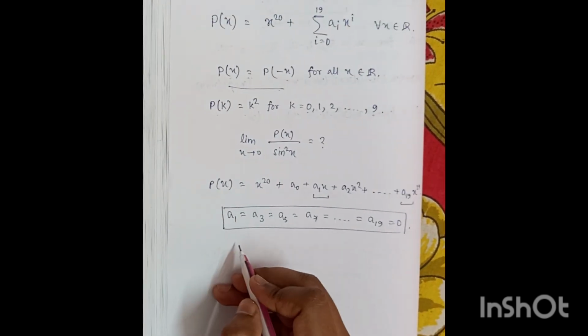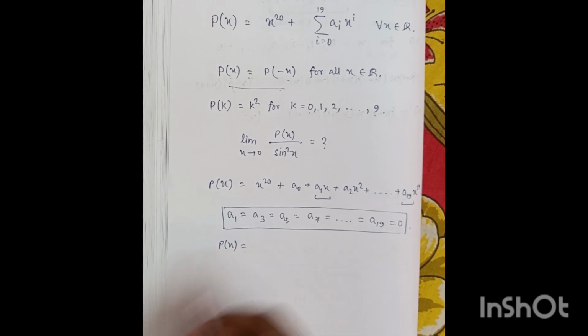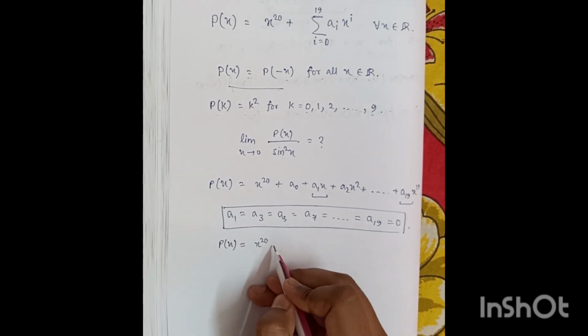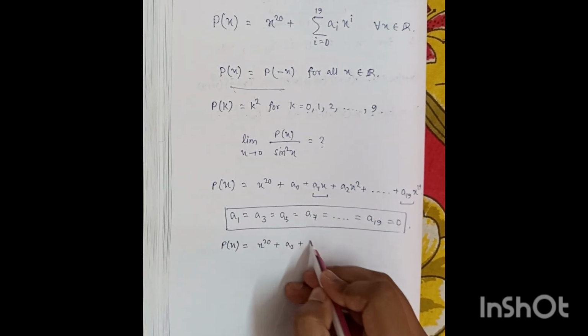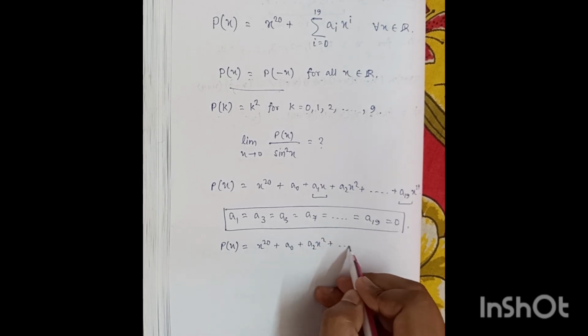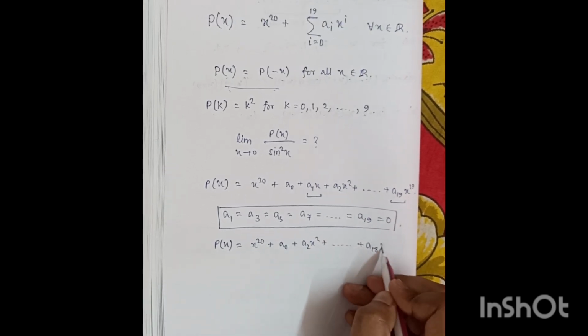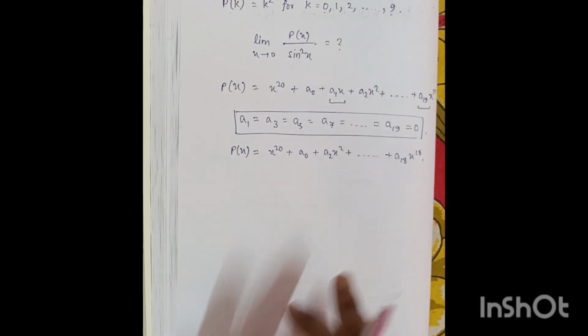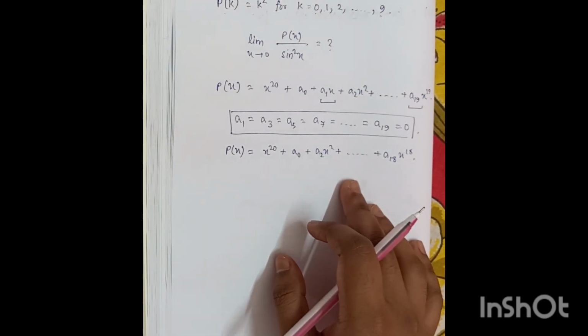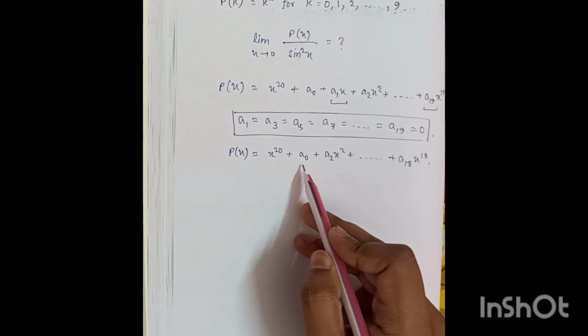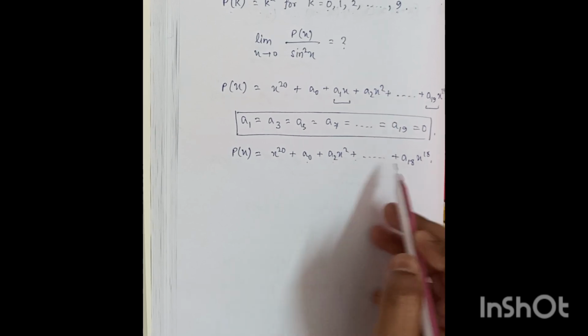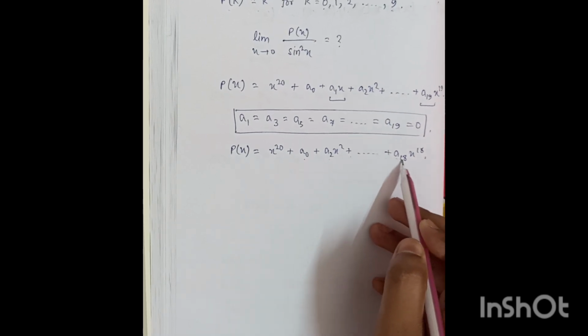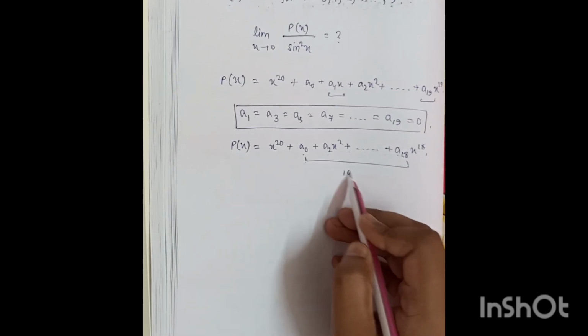Now basically we are left with the expression for P(x), which is x to the power 20 plus a0 plus a2x square and so on up to a18 x to the power 18. Now we have a0, a2, a4 and so on up to a18. Total 10 unknowns